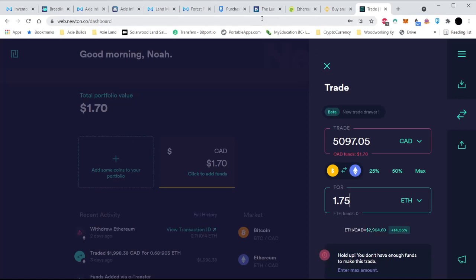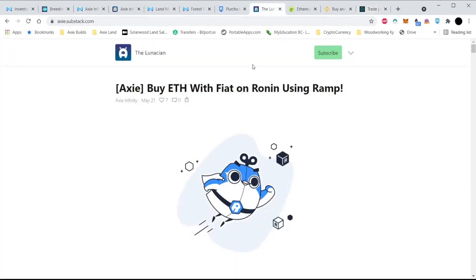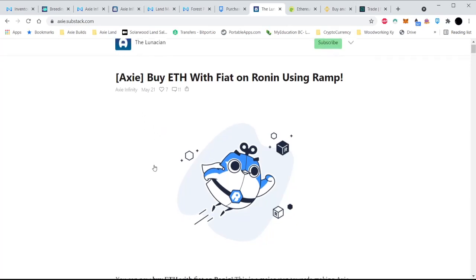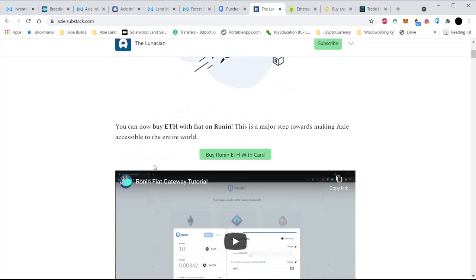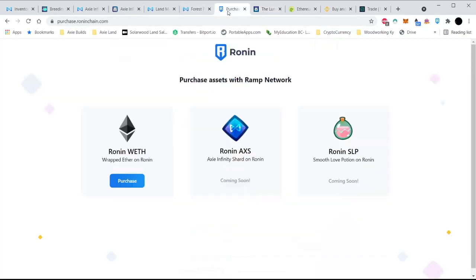Now, Sky Mavis just recently made an announcement. So this is 3 days ago, that you could buy ETH with fiat using an on-ramp. That means you can buy it and get the wrapped ETH straight on Ronin. So it saves you a little bit of gas trying to bring that ETH over. So I'm going to give this a try. You go to